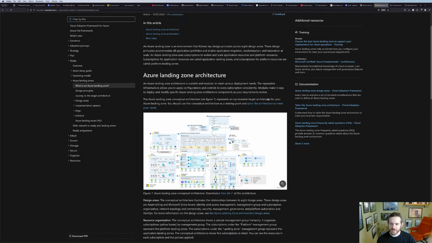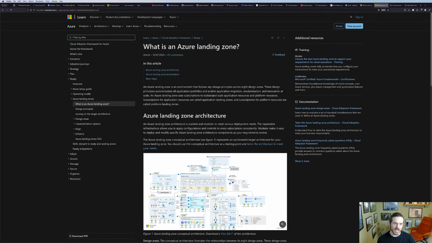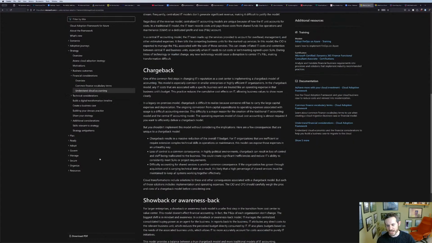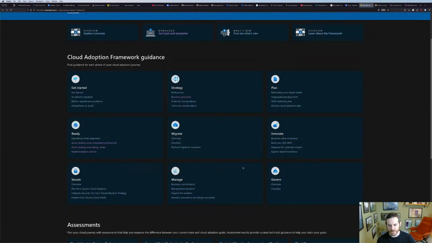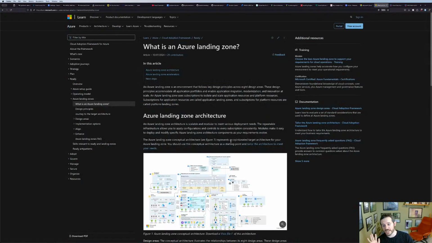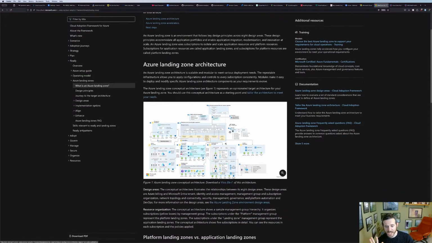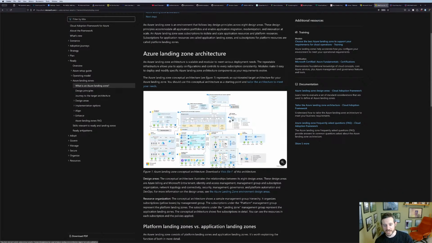I did say we were going to have a quick look at landing zones. If you decide that Azure and the Cloud Adoption Framework is the best way for you to go, then one of the things you would potentially want to do, if you're new to Azure, is investigate the landing zones. Landing zones aren't unique to Azure, but this is often the starting point for a lot of stuff. But it doesn't have to be.